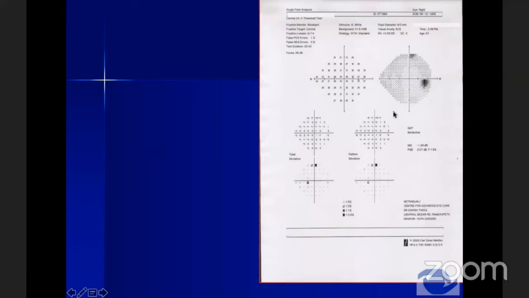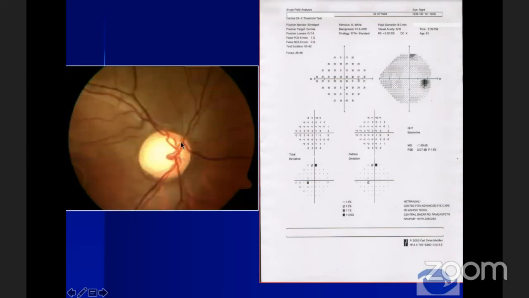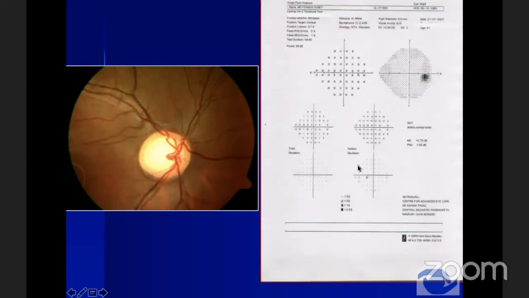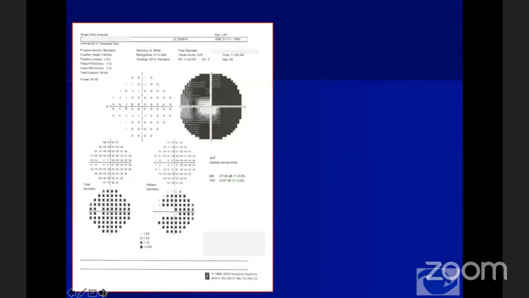So looking at this perimetry printout, you can see that Anderson's criteria is kind of getting fulfilled. This is a 24-2 test, so edge points also will be considered. GST is borderline and PSD value is certainly below the 0.5% probability level. Looking at the disc, it is actually a large disc. The neuroretinal rim is pretty well maintained all around. You do not see any nerve fiber defect in the inferotemporal as well as superotemporal region. And then when you repeat the test, the defect is not reproduced. So what we are looking at actually is a large physiological disc and not a glaucomatous disc.